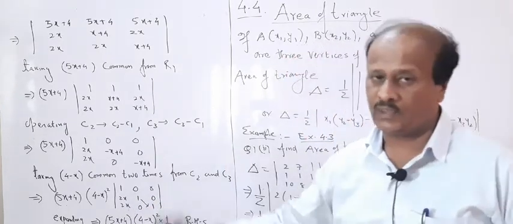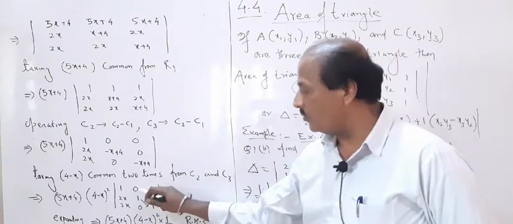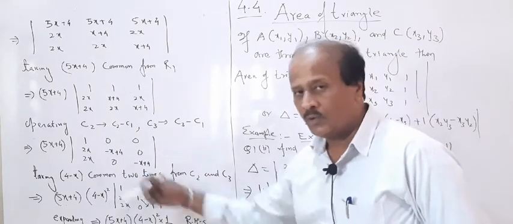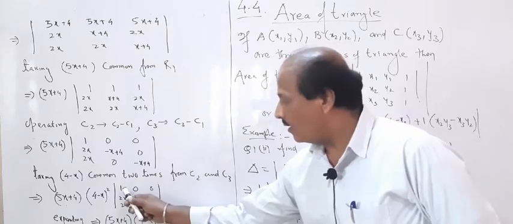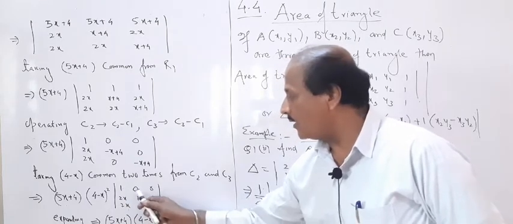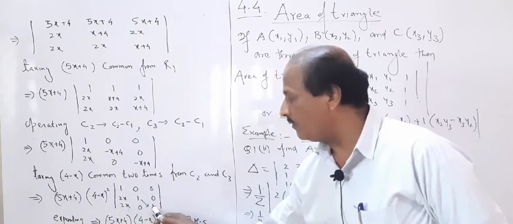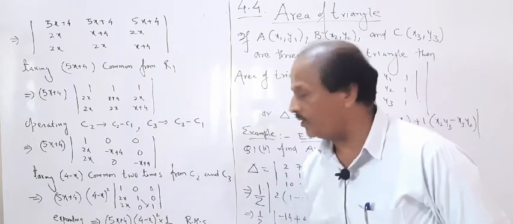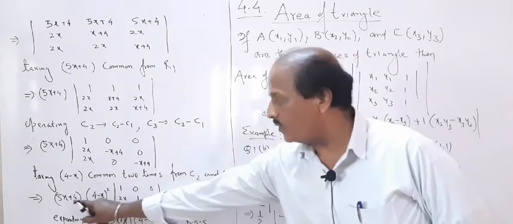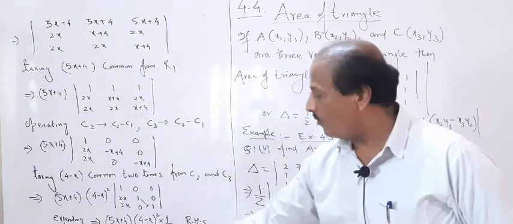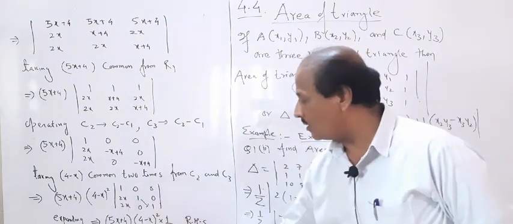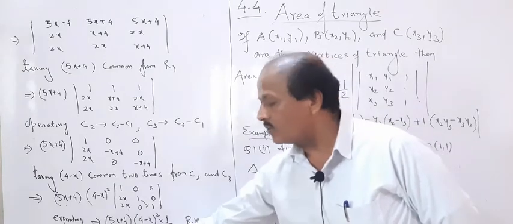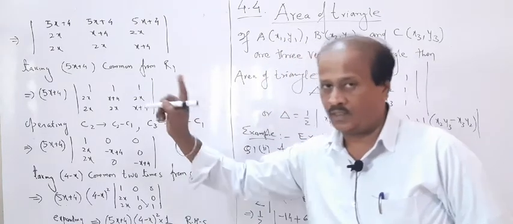As soon as you reach here, as soon as you get two zeros in any row or column, you expand it. So expand like a minor determinant, you take 1 out and then expand it. 1 multiplied by 1 will be 1, 0 into 0 will be 0. So 5x plus 4, which was taken out common, 4 minus x square, which was taken out common, and the expansion of this will give you 1. So as soon as you observe the right hand side, you will get that right hand side.